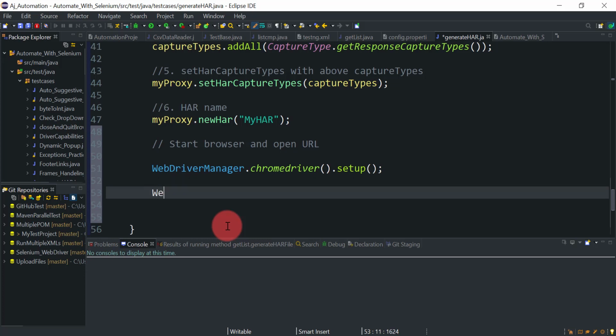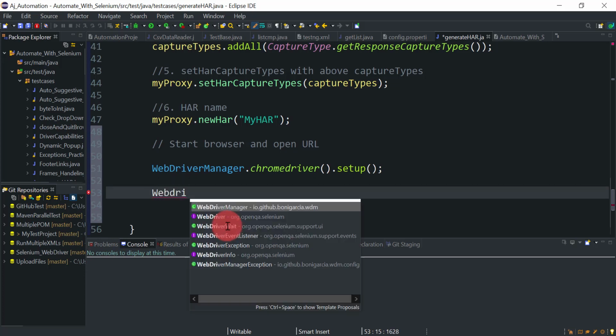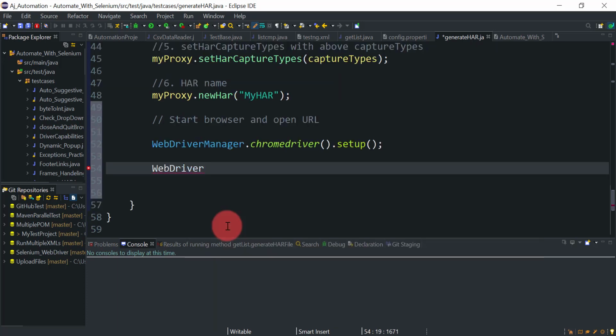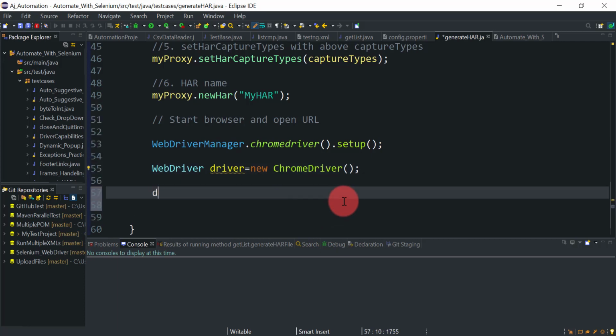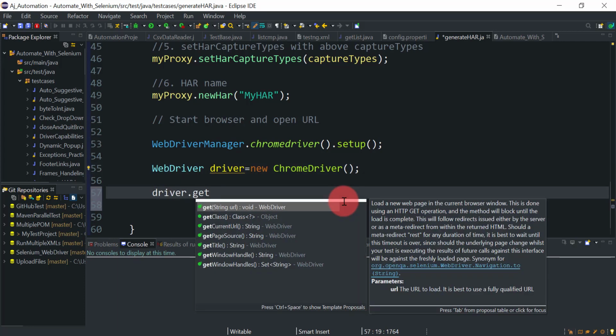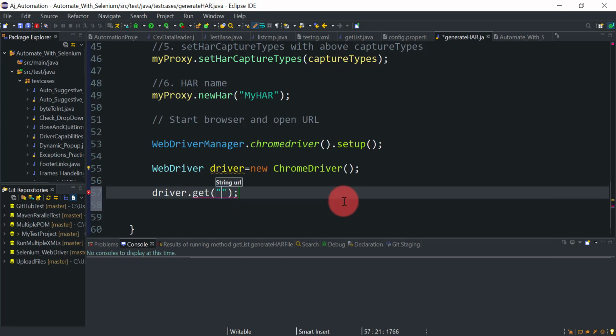Then we can use WebDriver driver equal to new ChromeDriver, dot get. So we will open google.com.